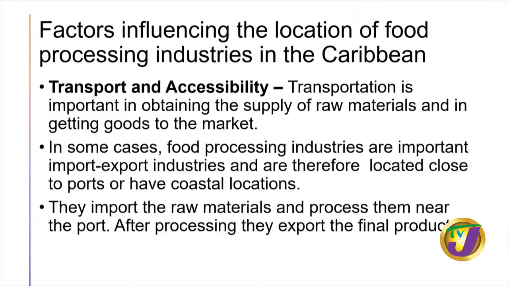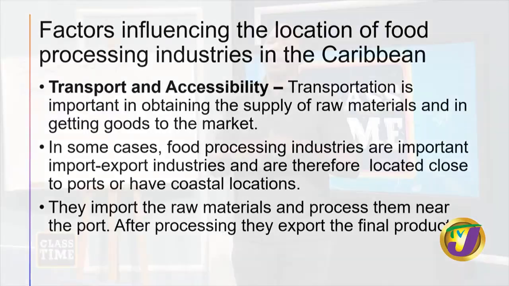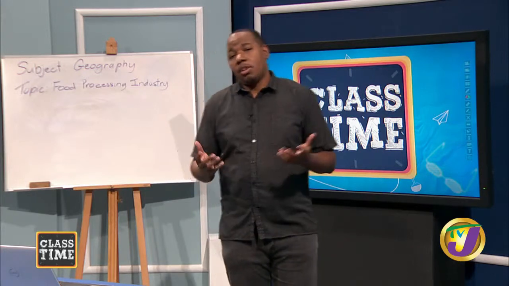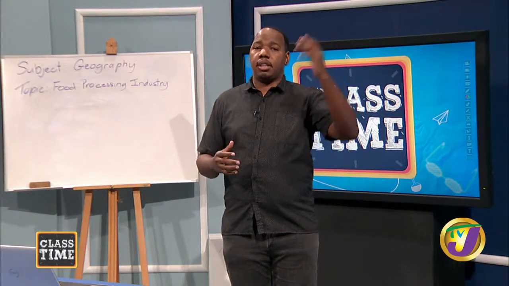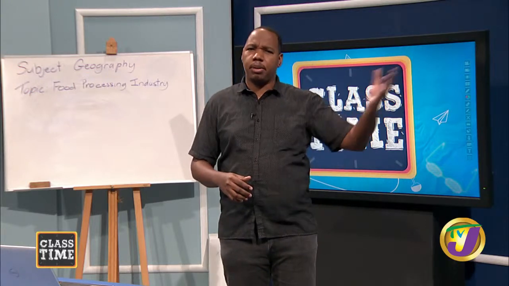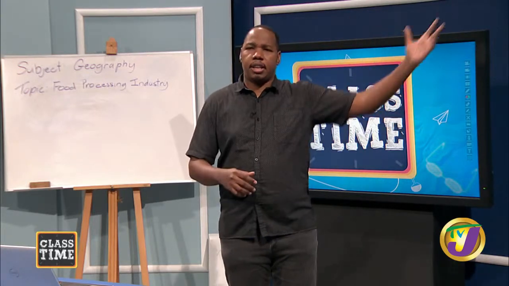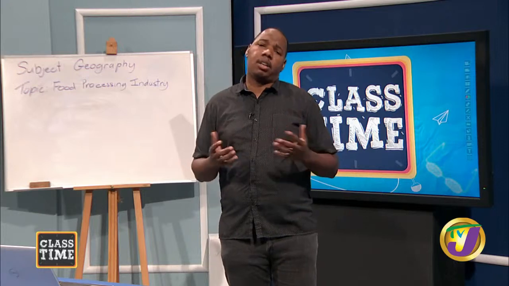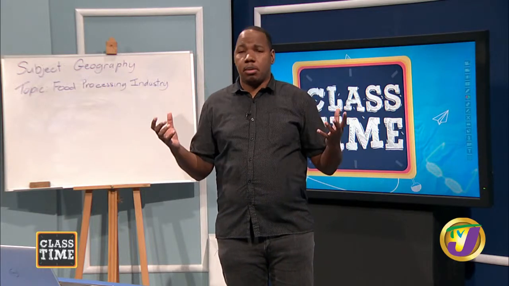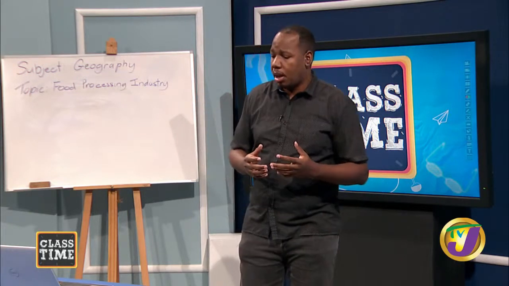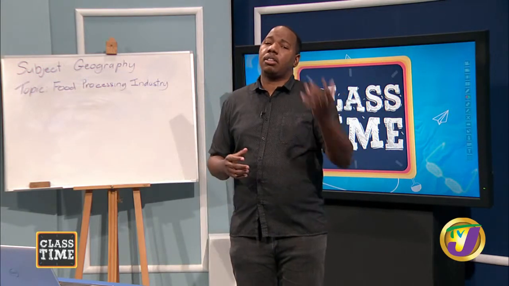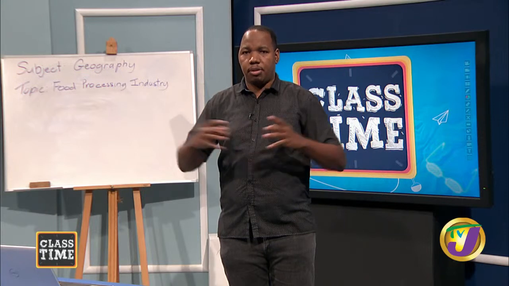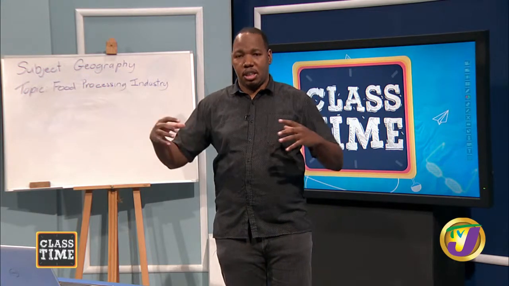So let us say that an industry is dependent heavily on coffee beans, right? So the processing of coffee. In Jamaica, for example, a lot of our coffee is grown in the Blue Mountains. We have other coffee grown in other areas, in Frankfield, in Clarendon, and those other areas. So we do have quite extensive coffee production, and in fact, our coffee production is amongst the largest or most significant in the region. But let us say, for a particular reason, the supply of coffee to the coffee processing plants closer to the ports